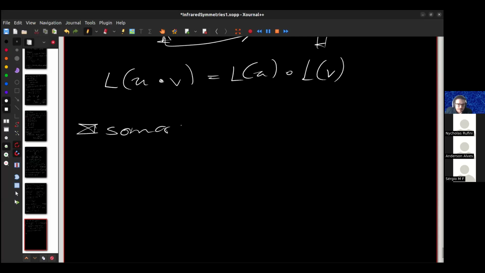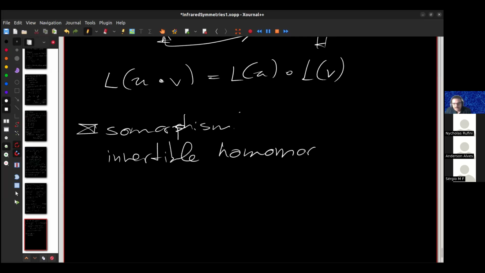Isomorphism. This is an invertible homomorphism. If a homomorphism is invertible, it holds that the inverse is also a homomorphism. And this is a particular property of algebraic structure. So, for example, the inverse of a linear transformation is a linear transformation,